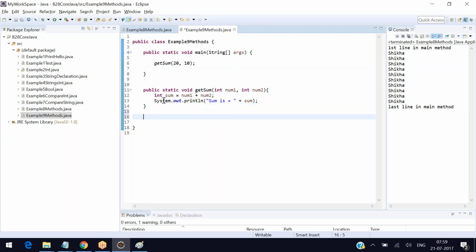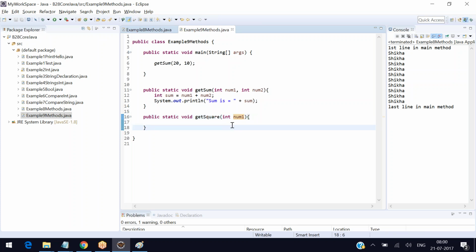There is one more method, that is public static void getSquare. Okay, getSquare. What this method does is, it takes an integer argument, an integer number num or num1,